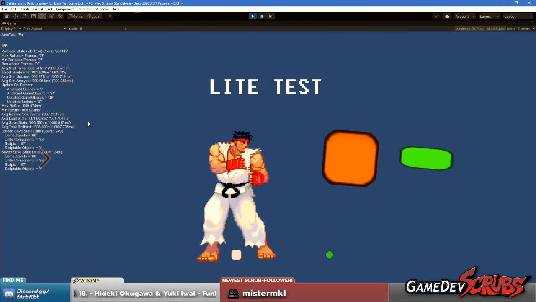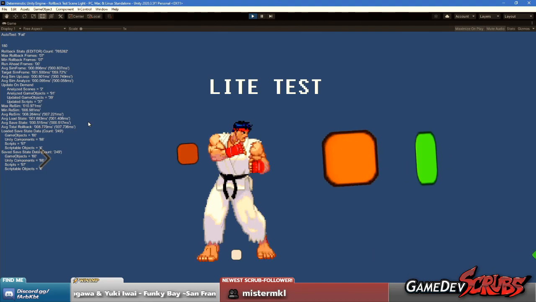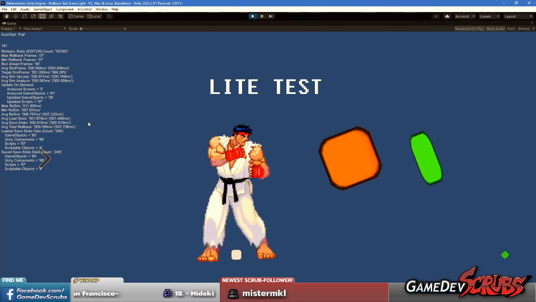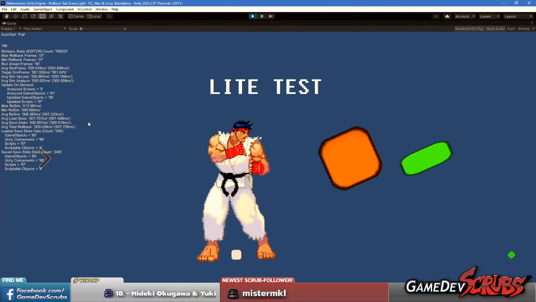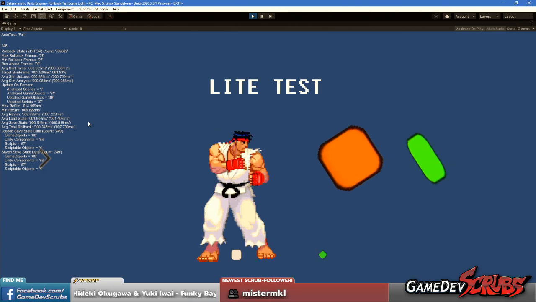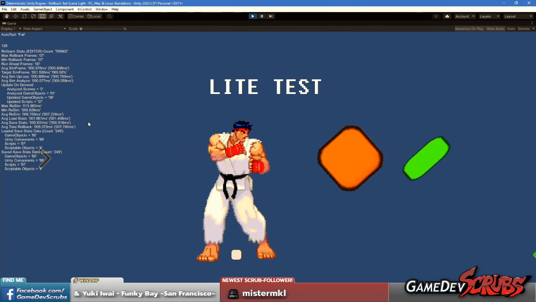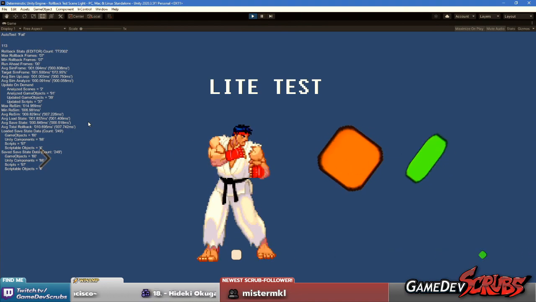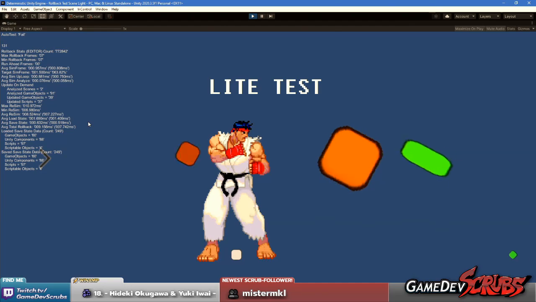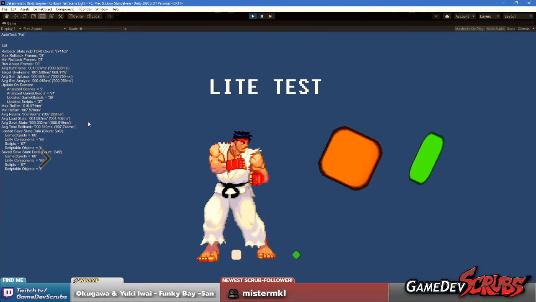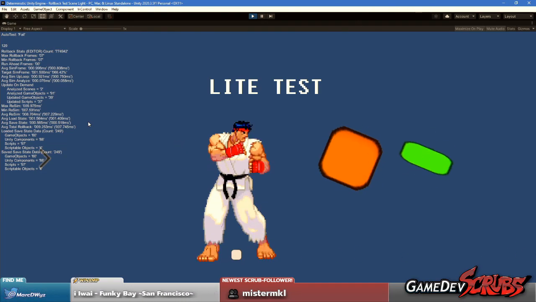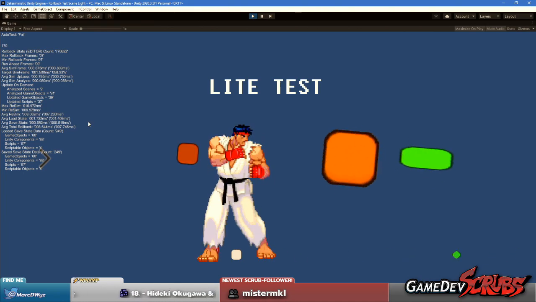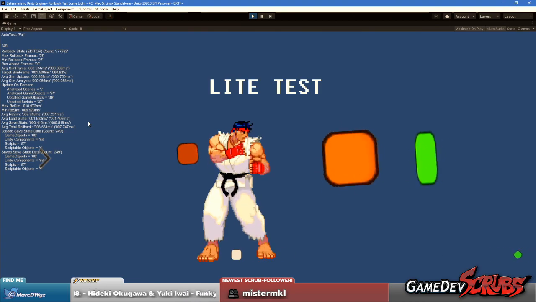Now, in all my infinite wisdom, I thought, oh, hey, okay, I get the idea. I know how to separate the rendering from the update. I understand that concept. I've worked in my own engines before. I got all that down, and that's all great. But the one thing that I miscalculated, and I went ahead and started building Pocket Fighter EX with the plan of, oh yeah, we're going to add rollback, and it's going to be great, and I got it in mind, and we're not going to have any problems.